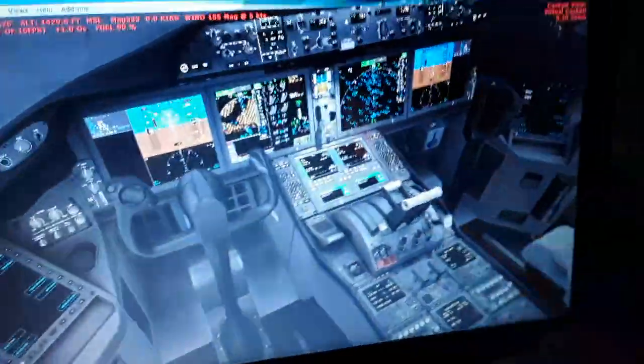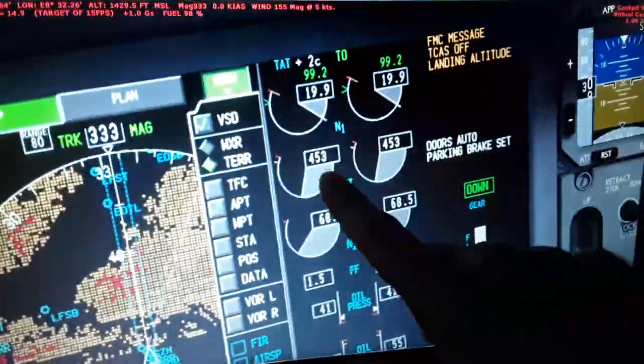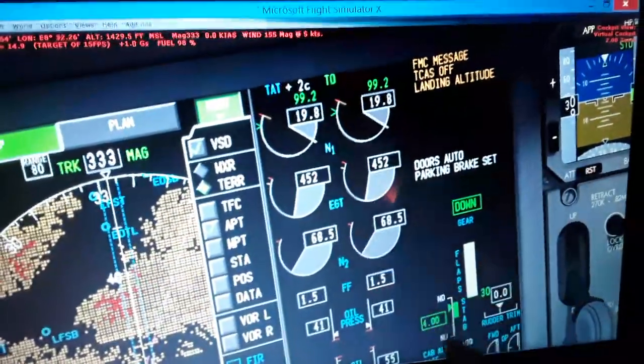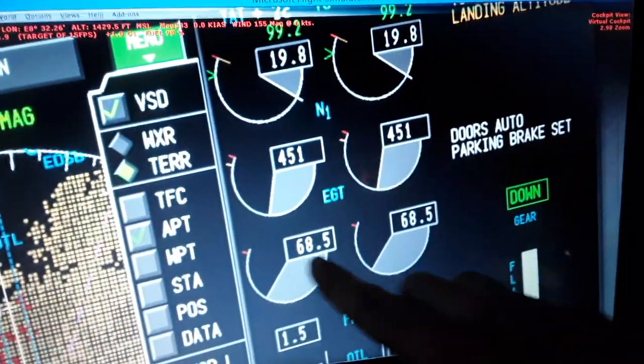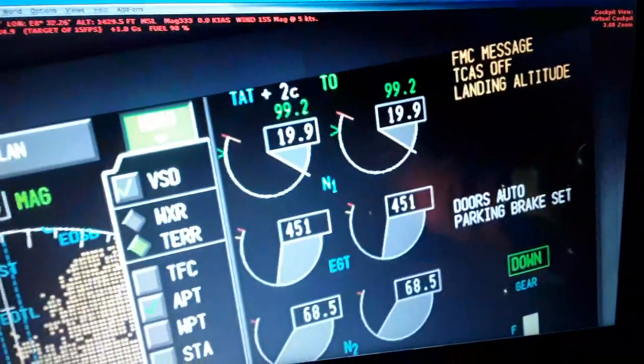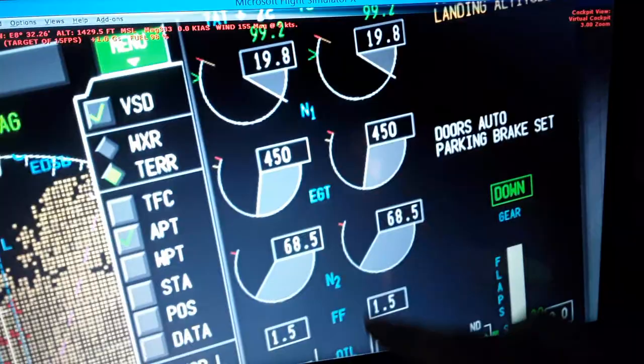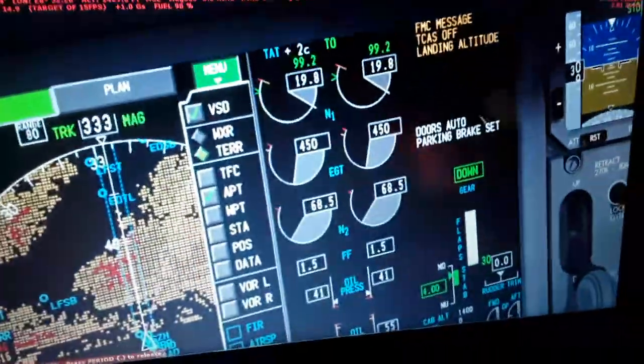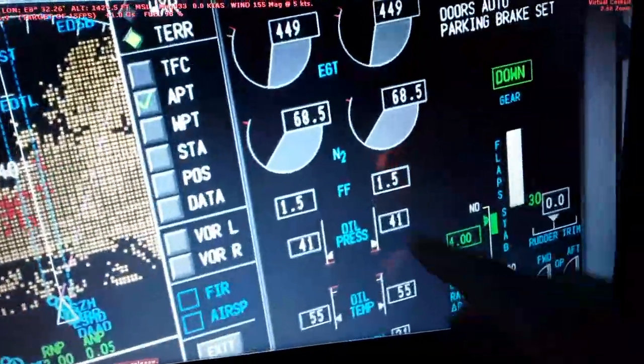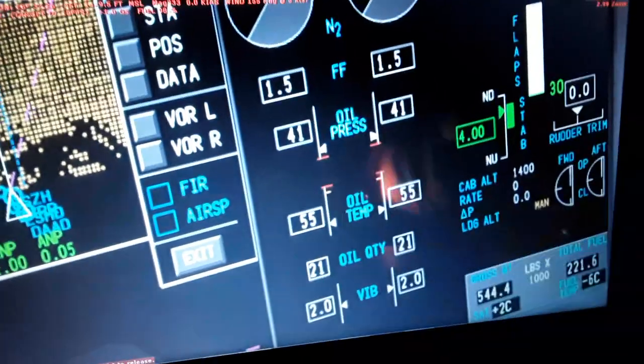Here is the idle, as you can see. So we have also the exhaust gas temperature in Celsius degrees, the N2, which is the high speed starter high pressure compressor of the turbofan engine, left and right, fuel flow parameters per 1,000 kilograms, thousands of pounds, oil pressure, oil temperature, oil quantity, and vibration of the two